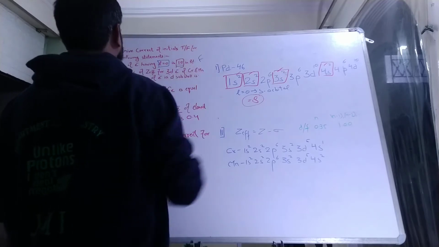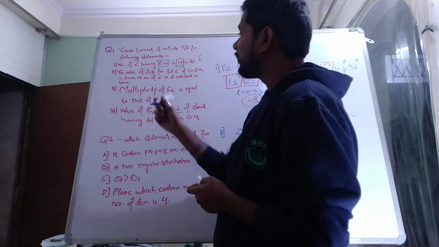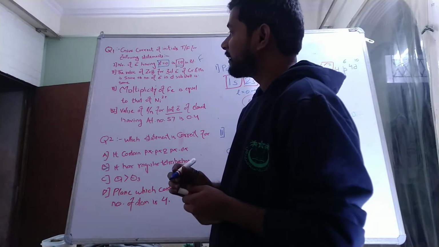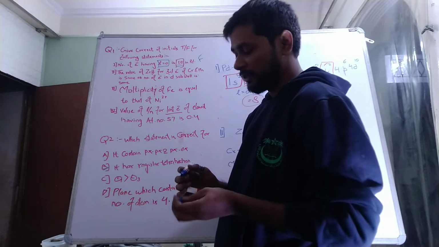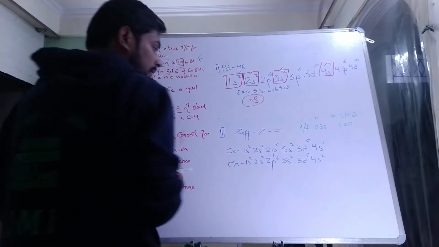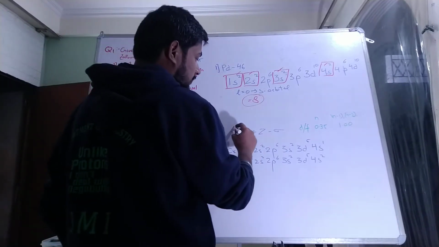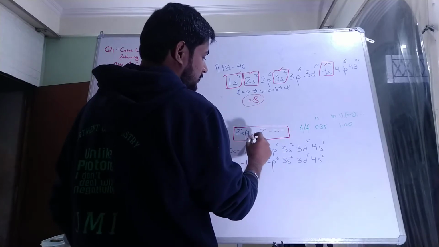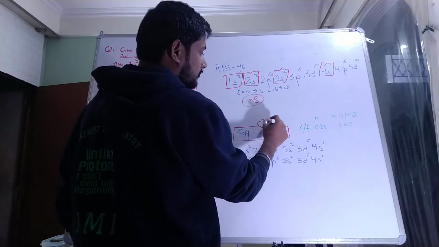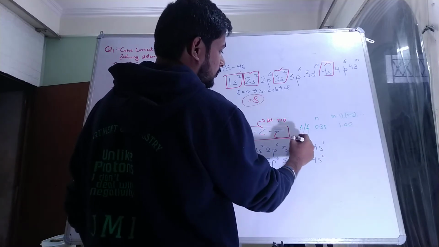Second, let us move to the second statement. The value of Z effective for the 3d electron of chromium and Mn is the same as the number of electrons in the d subshell is the same. So I have written Z effective. The formula for Z effective is Z effective equals Z minus rho. Z is the atomic number